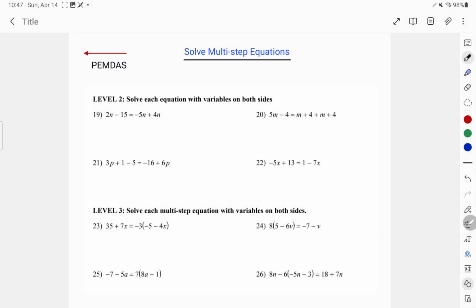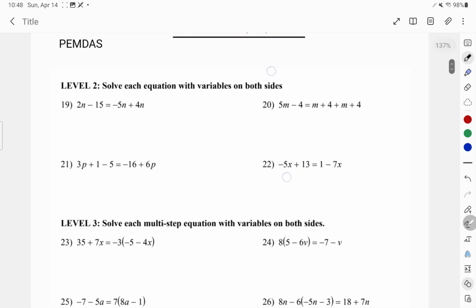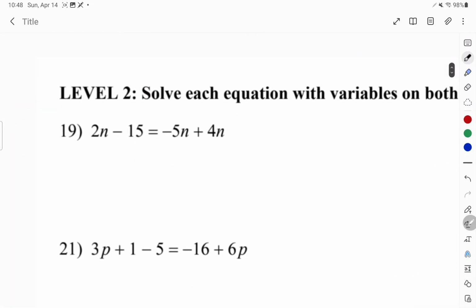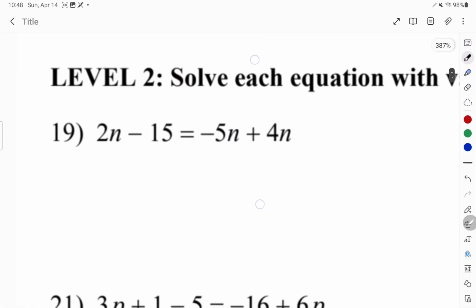Hello guys, today I'm going to show you how to solve multi-step equations. Just like the previous equations, we're just going to go ahead and start with this one. We're going to start with number 9. Now, whenever you're solving multi-step equations, first of all, you're going to have to make sure you move the variable